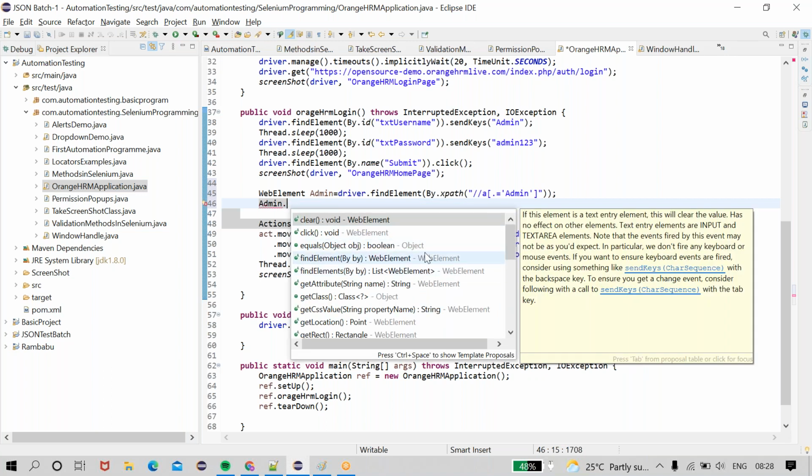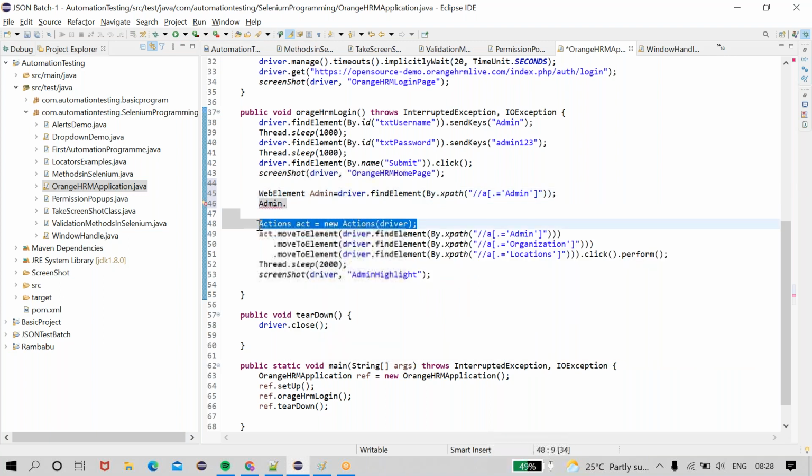These are all our inbuilt methods within WebElement, within Selenium. To perform inbuilt methods, we use find element. Same find elements in the actions class: if you are performing over the actions class on those elements, we are using mouse operations and keyboard operations.